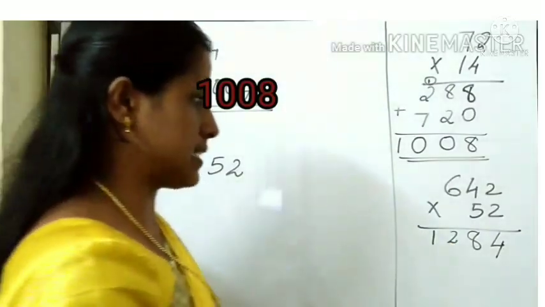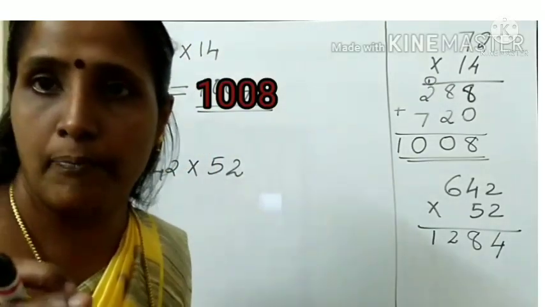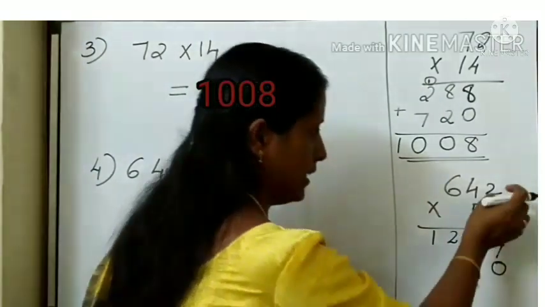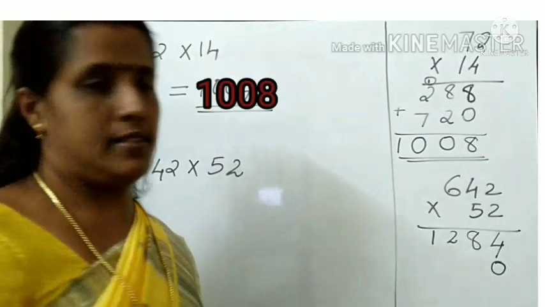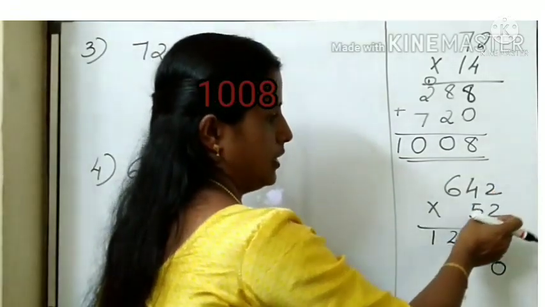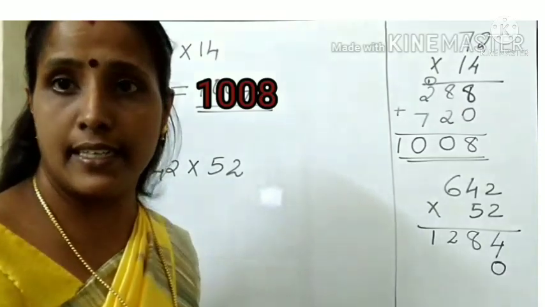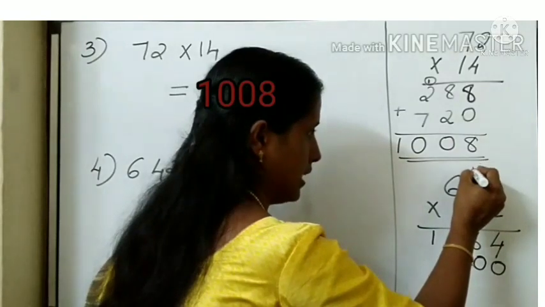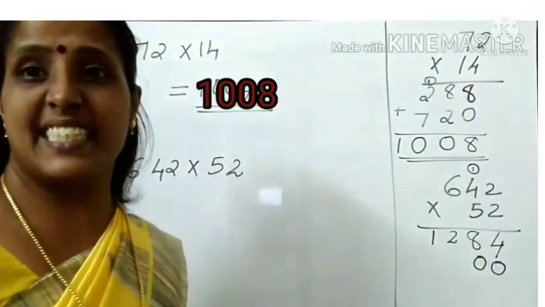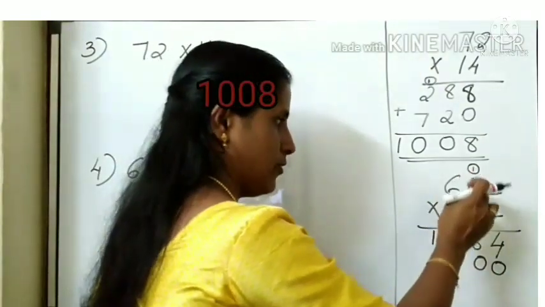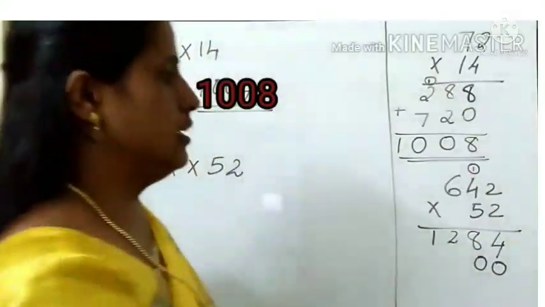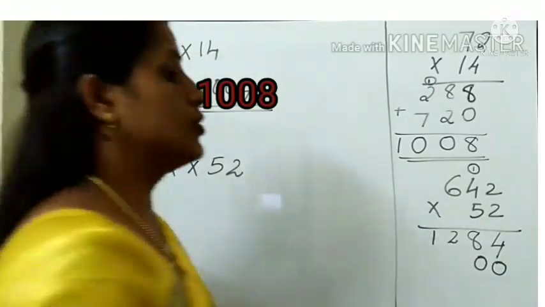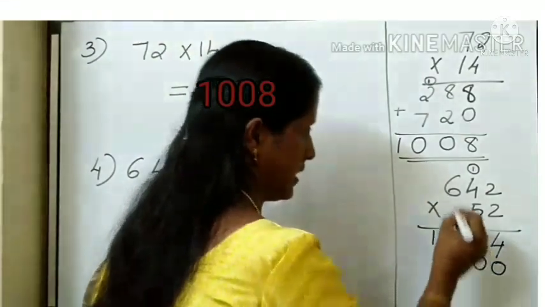Yes, when we are starting the tens place number, before that we have to put the 0 on the ones place. So, first put the 0 and then move to the multiplication. So, starting from right, 2 into 5. 2 5s are 10. 0 is written here and carryover is written above the next place. That is tens place. Next digit is 4. 4 into 5. 4 5s are 20. 20 plus carryover 1, 21. 1 is written on the 100 place and 2 is placed on the